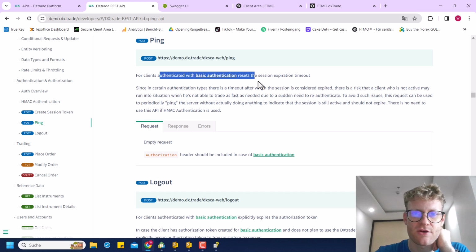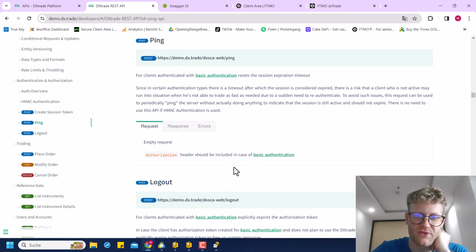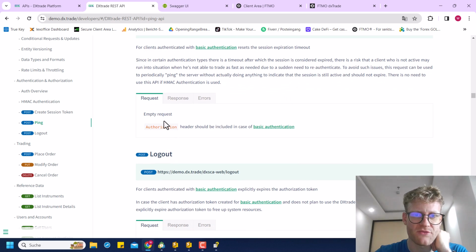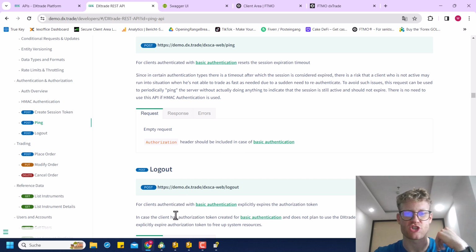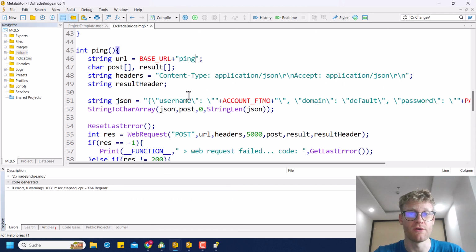Also, you can read here, now we are authenticated. And now we can use our token in the header. Somewhere here you can read it, but we have to use the authorization in the header when we use the basic authentication. And this is exactly what we want to do. So since we changed the URL now, we also want to change the headers. So here at the end, we want to add